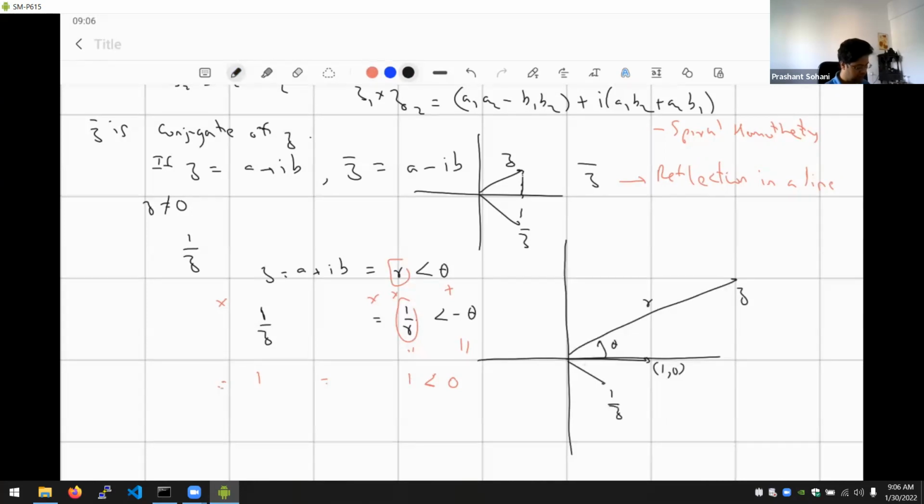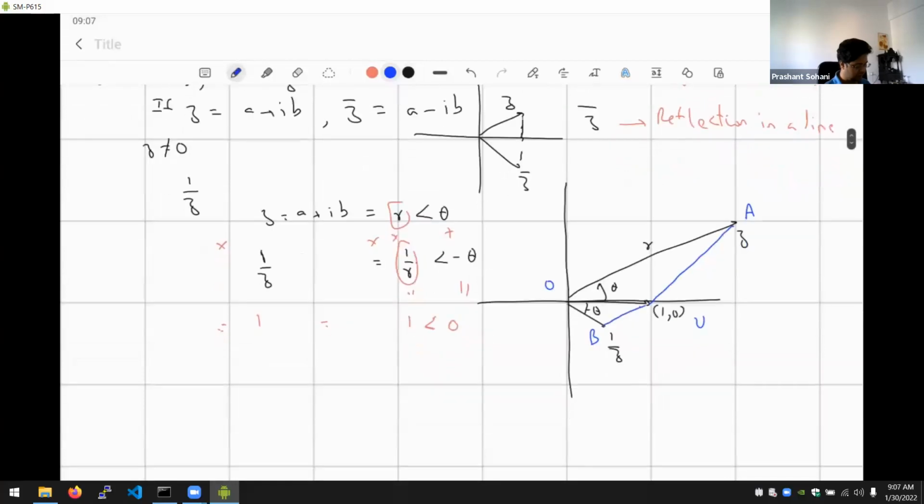Okay, so basically this angle has become minus theta. It has gone to the other direction, and the magnitude is also reversed. And as I mentioned last time about the spiral homothety, if you look at these triangles, you'll realize that they are similar triangles. So if I name these U, A and B, then basically both triangle BOU and